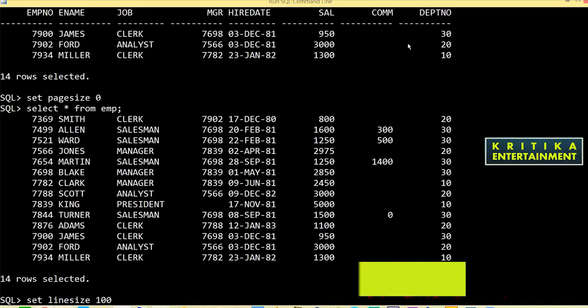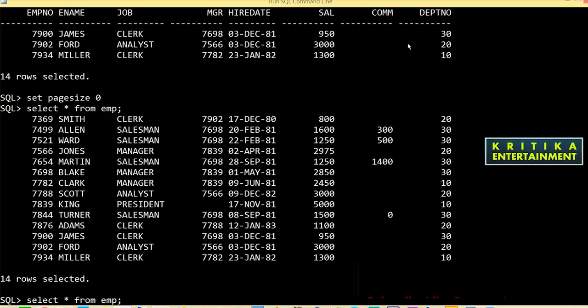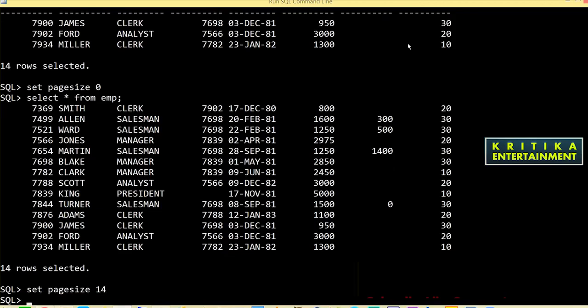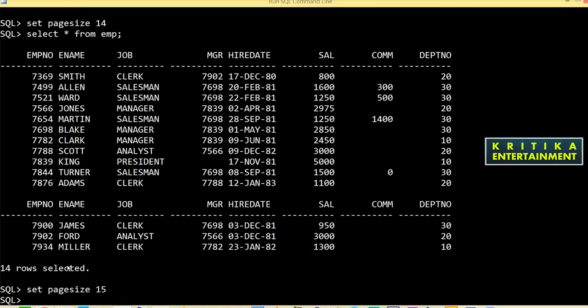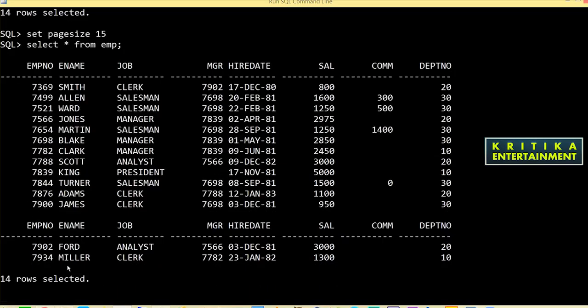So here I will set page size 14 again, back to the previous value. Then when I select star from employee, it will display the header again. 14 means the header will be displayed in the 14th line. If you write 15, you can see the header is displayed in the 15th line.